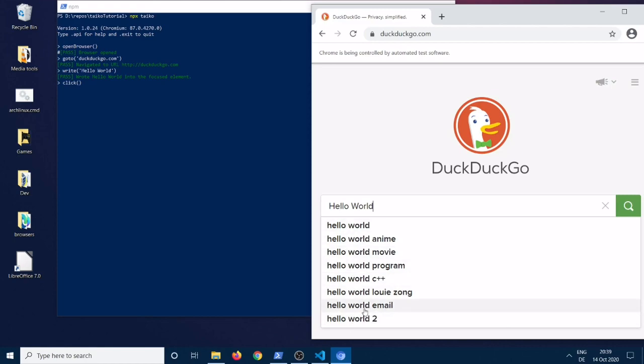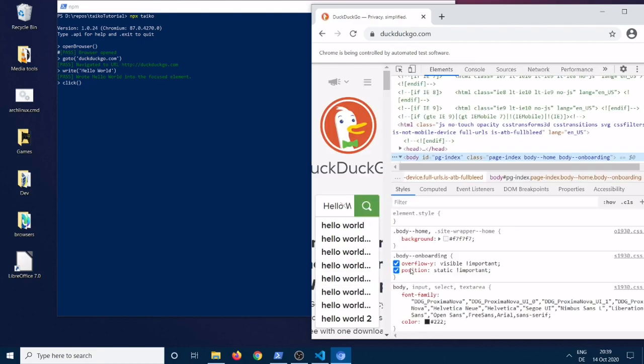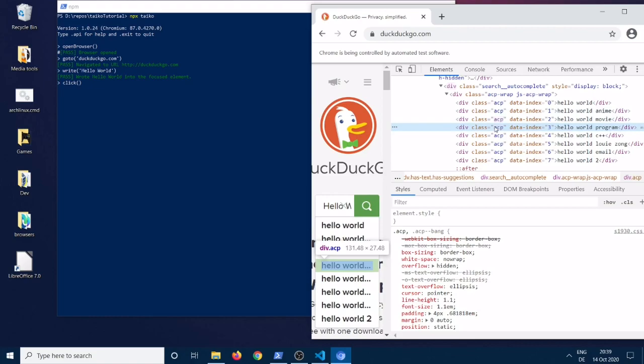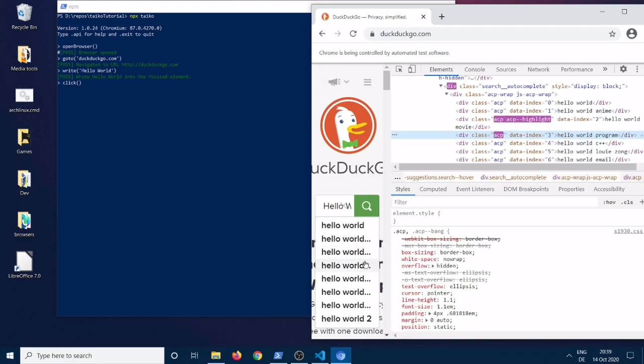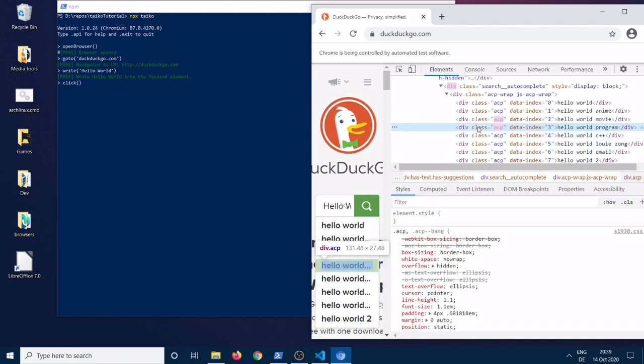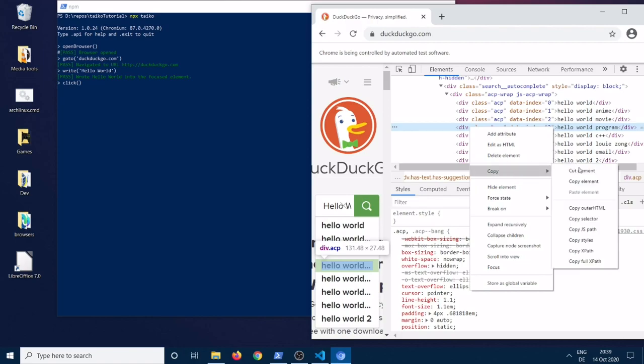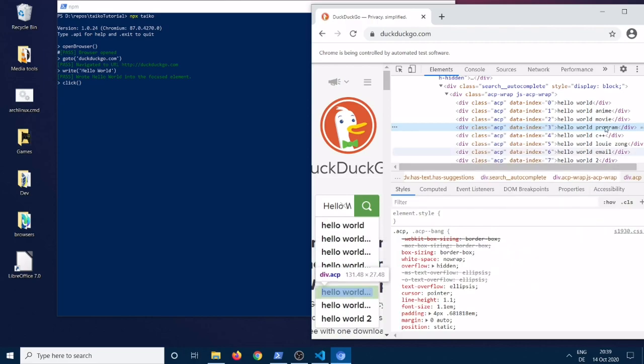So instead of using the intuitive way of using the text that we see and putting it directly to click or interact with elements, we can also specify what exactly we want, like we did in Selenium, using either XPath or CSS selector. So let's say I want to click this, which is the fourth one. I would simply take its XPath, copy it, and